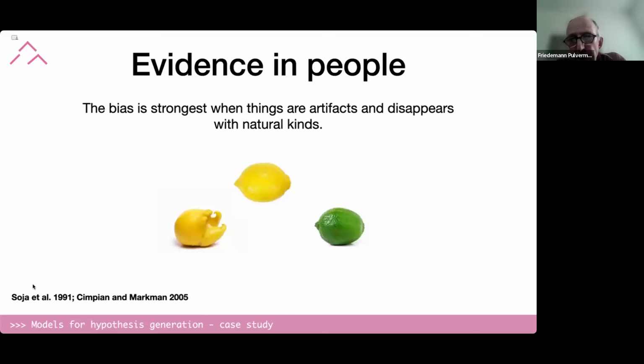Then one could, in the language game, have a need to distinguish